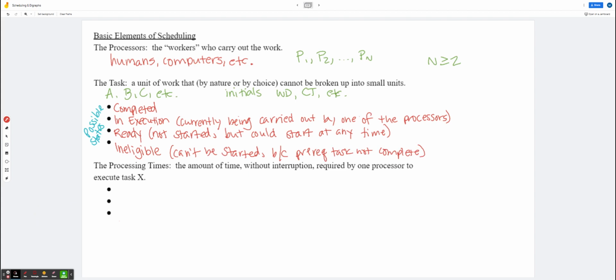The third element of a scheduling problem are the processing times. So that is the amount of time without interruption that is required by one processor to complete a specific task. So how long does it take you to wash the dishes? How long does it take you to clean the toilet? How long does it take you to write an essay? And we have 3 assumptions